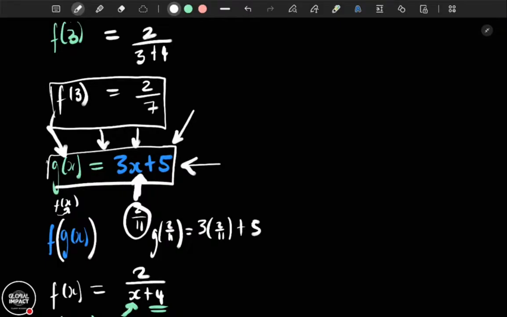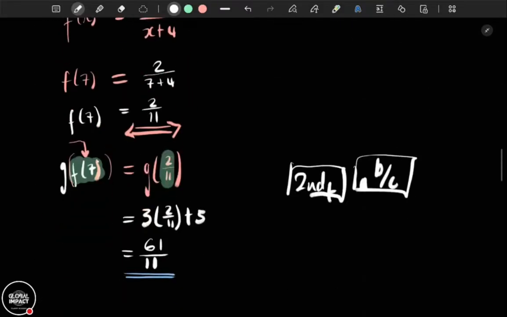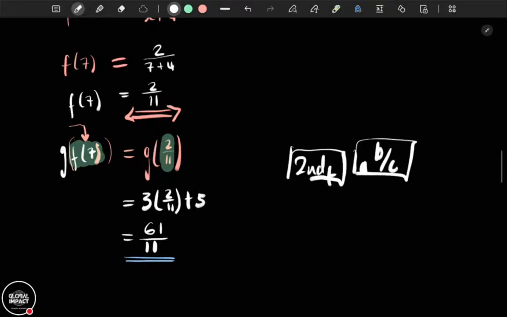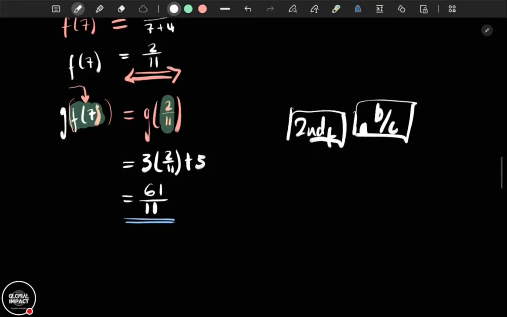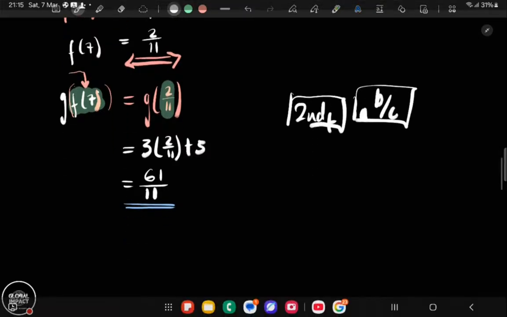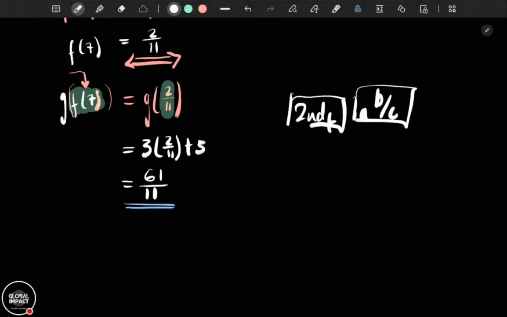All right, so let's go and do questions where we will be substituting. Now, I want you to know that sometimes in functions, we may solve quadratic equations or whatever, because they can ask us to make two functions equal to each other. So we'll do that. What we are not yet doing is finding the inverse. I want to help you find the inverse, but I want to first make sure you are able to find these solutions.